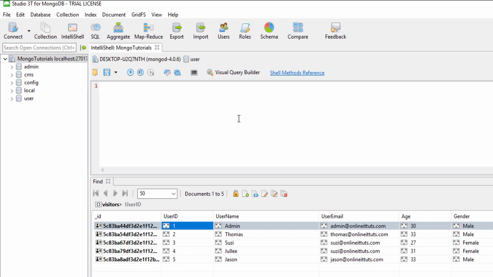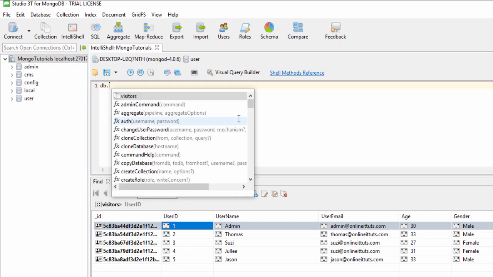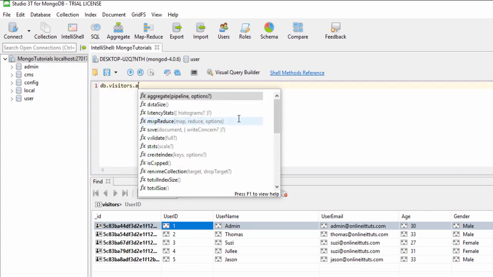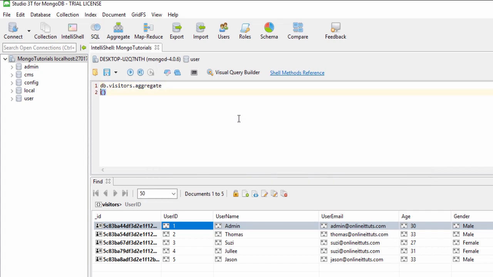Okay, so first thing, you need to write a simple statement like db.collectionName.aggregate, parenthesis. Inside the parenthesis you need to write brackets. Inside the brackets you need to write curly brackets. Inside the curly brackets you need to write $group colon curly bracket. Inside the curly brackets you need to define the first column name, like ID, that will help you to find the records. So I use _id